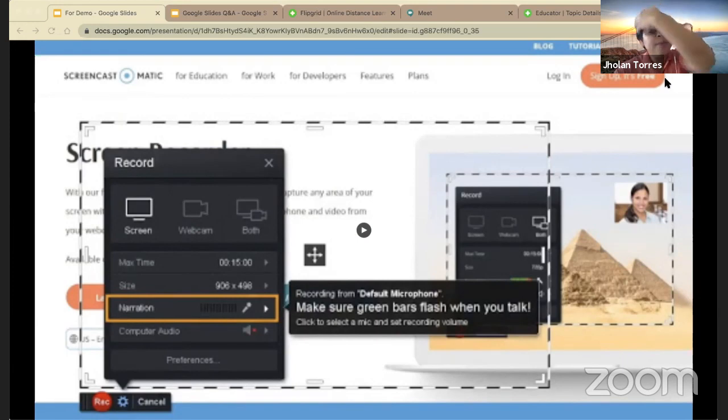For Android, just go to the App Store or Play Store, then download it. It's very effective and very easy to use. I hope na-explore po natin yung iba't ibang applications that we discussed yesterday. For now, let's have a short review of Screenomatic.